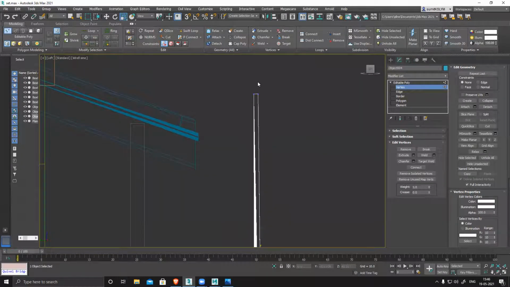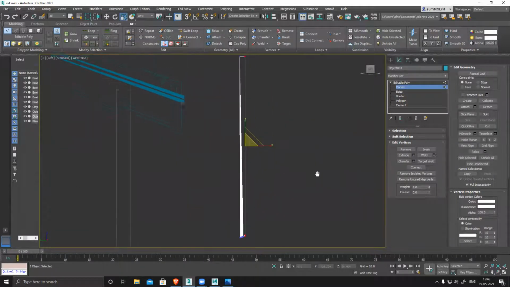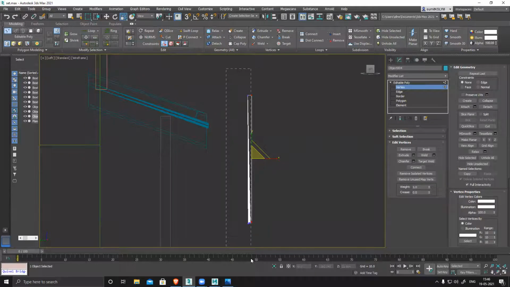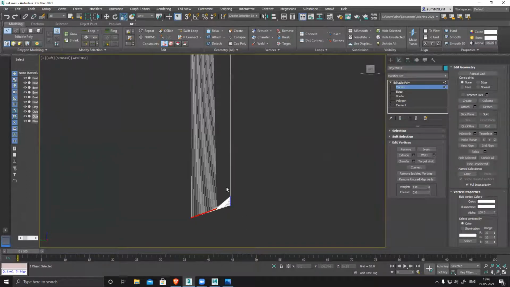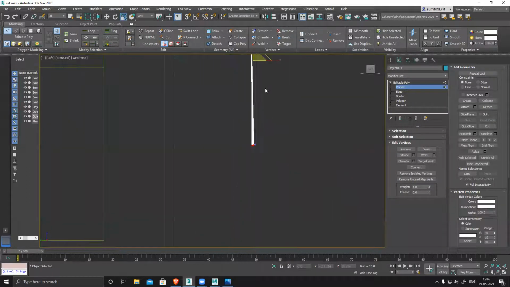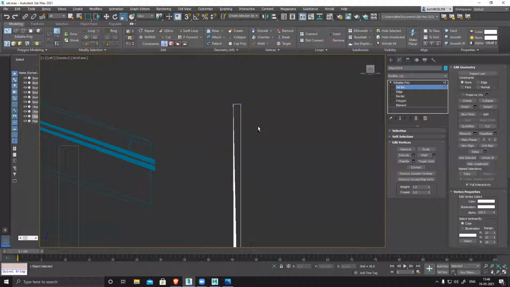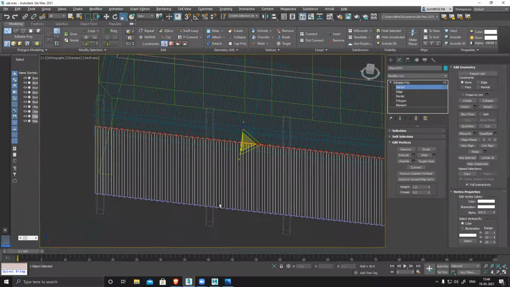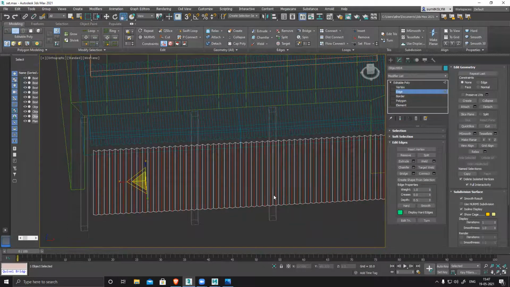Oh, I forgot to select this also. Perfectly straight. Deselect and only this section. Oh, sorry. So from front, you can see it's straight. You can see still I have all these edges selected.